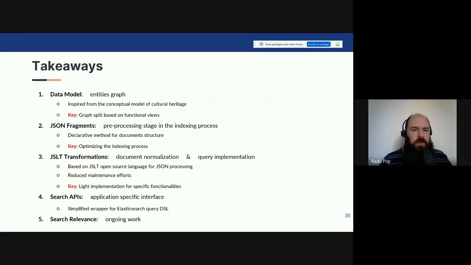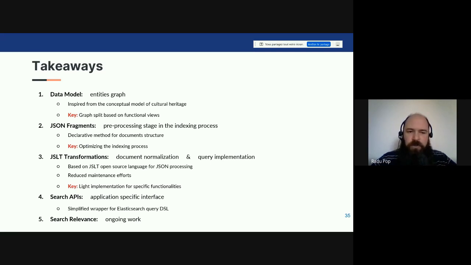To conclude, there are several points that required some thinking and some optimizations on our side. First of all is the data model that we used, and here is the idea of the entities graph and the split of this graph based on functional views. The second major benefit was related to the usage of the JSON fragments that optimized the overall indexing process.